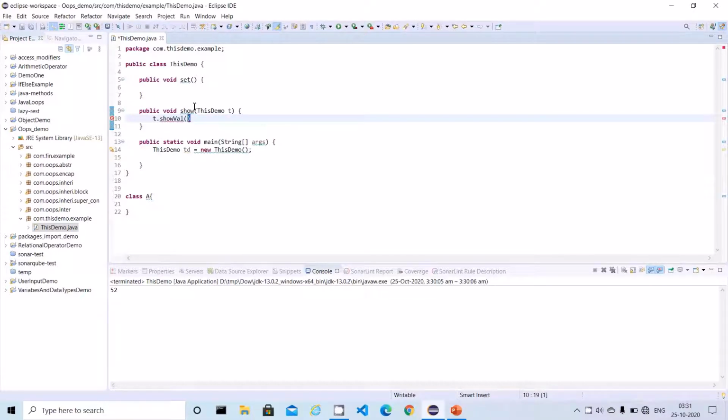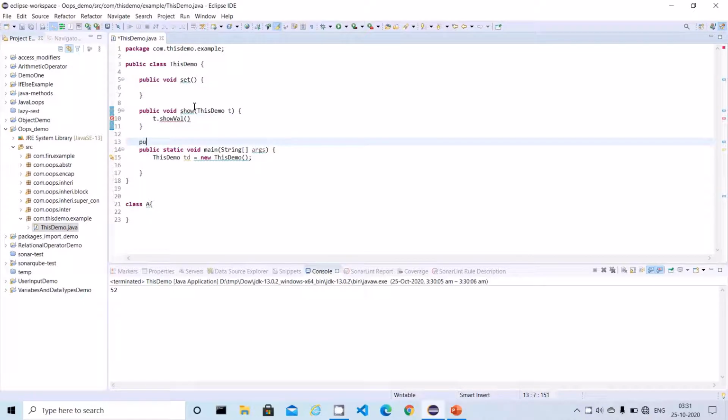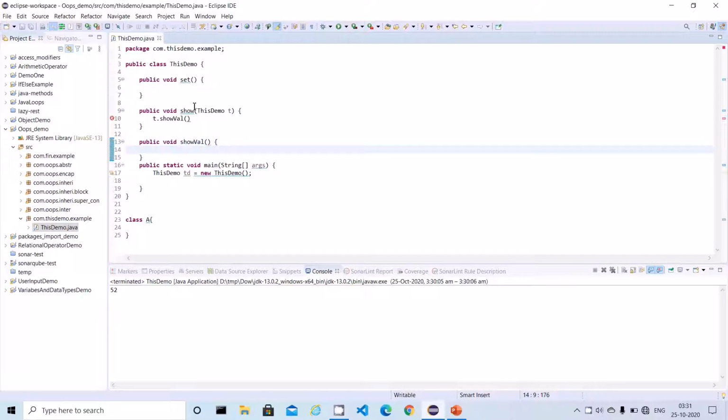So let me write this method. X, right? Show value. So this is very simple one, right? So let me comment.